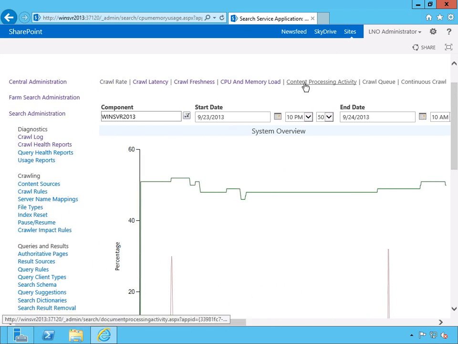So I'm not going to go through the rest of the content because you can take a look at that yourself, but just know that you probably want to go through all of these reports and make sure that you understand exactly what you've got in the system, what information is available to you, and what you can actually work with. Just like the crawl health reports, we have a query health report where we can go in and see